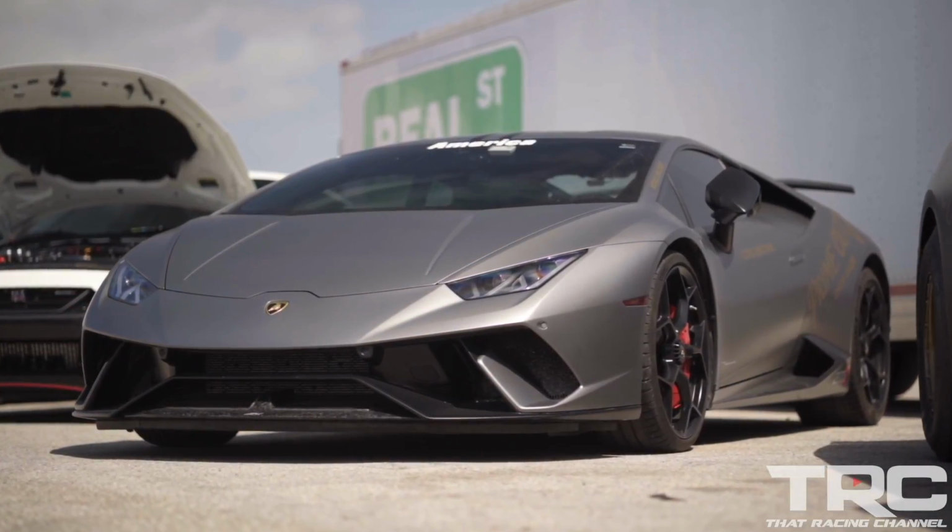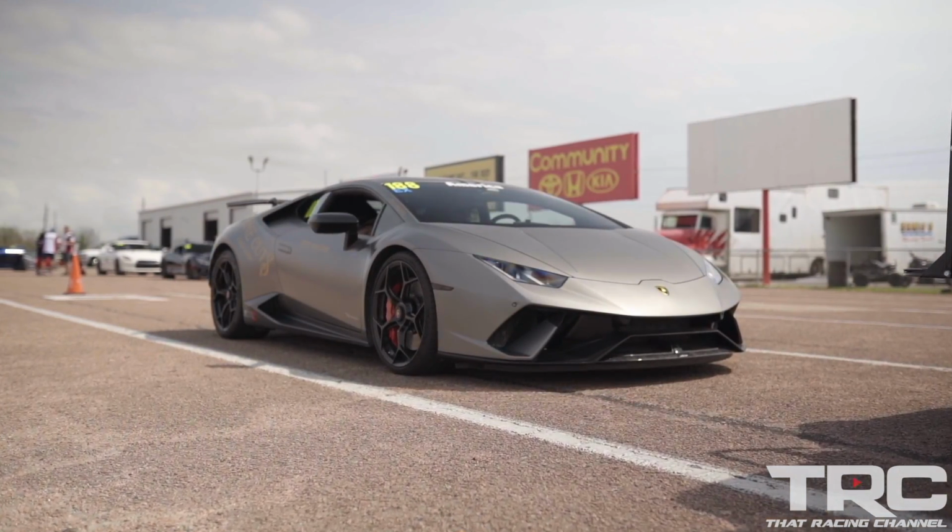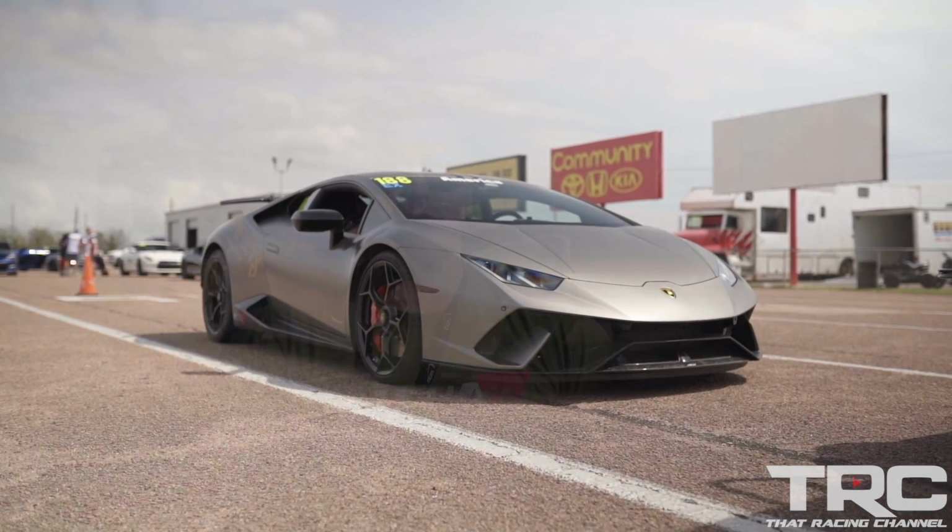Brought the Prime Cuts Lamborghini Performante to kind of play around with here. It might make some hits in the exhibition class. It's really mostly a street car. It's got a factory trans, factory motor, and an AMS turbo kit. We're going to see what we can get out of it. Maybe have a little fun away from the track with it. The Performante in Illinois has gone as fast as